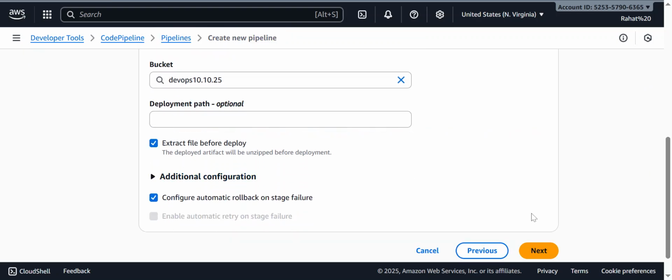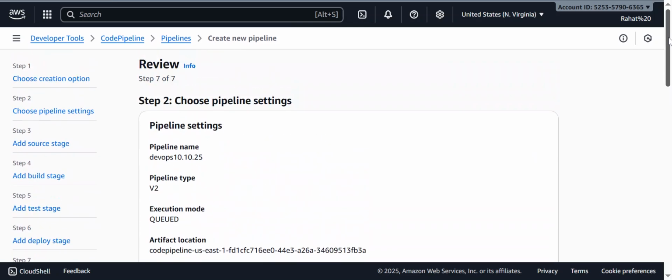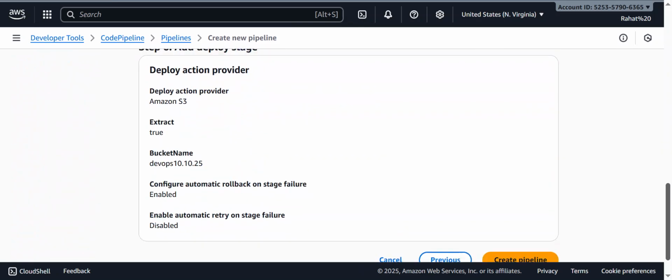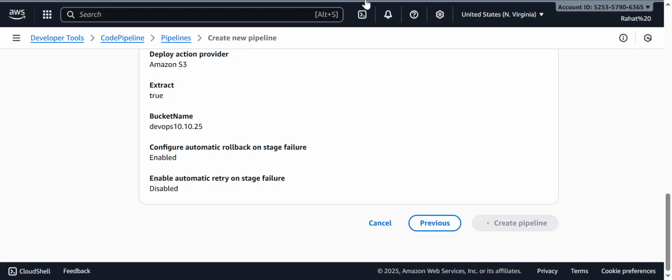Okay. And then it's an optional thing, we just keep skipping the optional things. And then we're going to click next. And then it says here are your settings, please make sure you check your settings, and then create pipeline. So you will see, if you follow my AWS certified